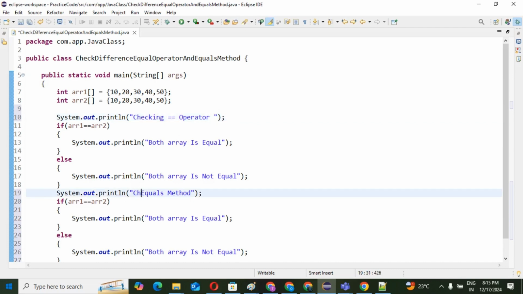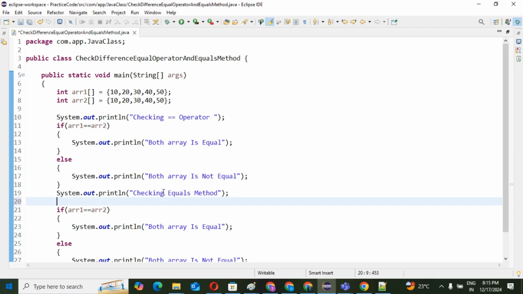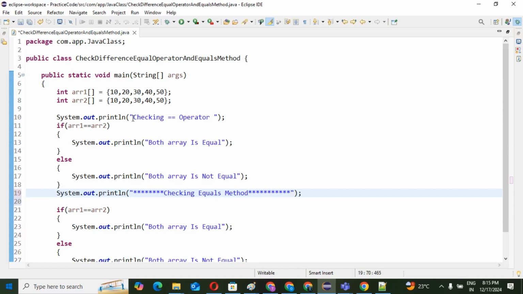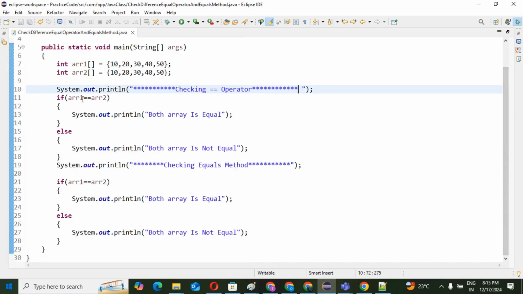Guys, understand here, because you will understand clearly. That's why I'm going to add this. Our main motto is that this is the equal operator we are checking here. In this place I will check the equals method. So, guys, remove this thing.